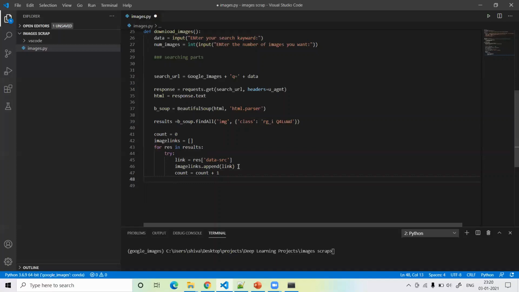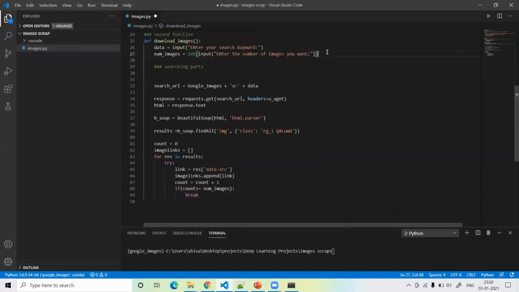Then we call if count greater than or equal to number of images, then break. Meaning if we have defined 50 images, after reaching the 50 images, our loop breaks, guys.